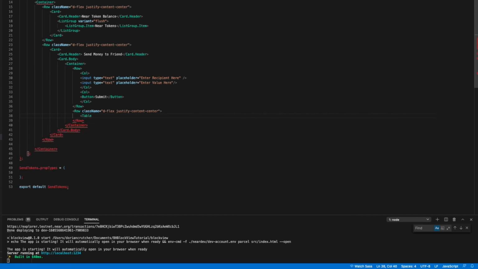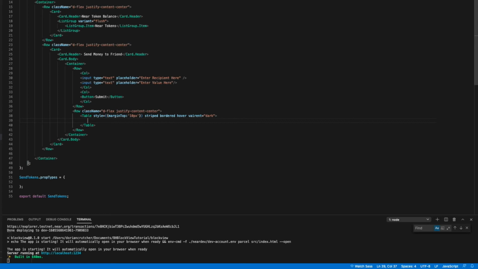So Table, let's add some styling to this. Style, double curly braces, marginTop, and let's do 10px for now. Same thing as before, so striped, bordered, hover, variant is equal to dark. And conclude that. So inside our table, we're going to have a thead